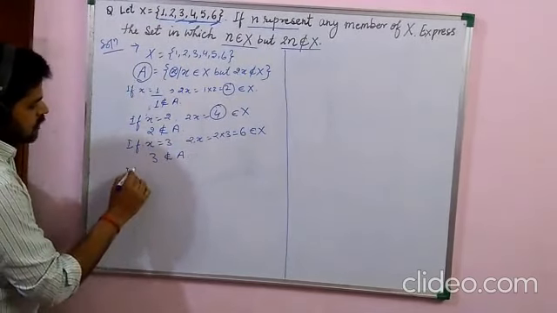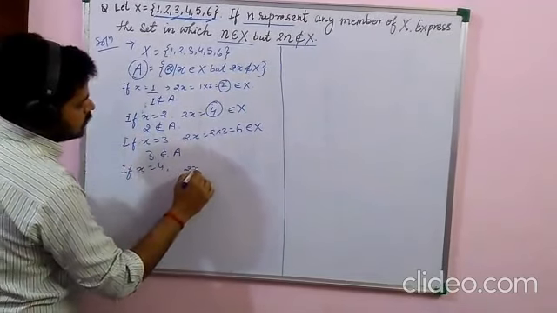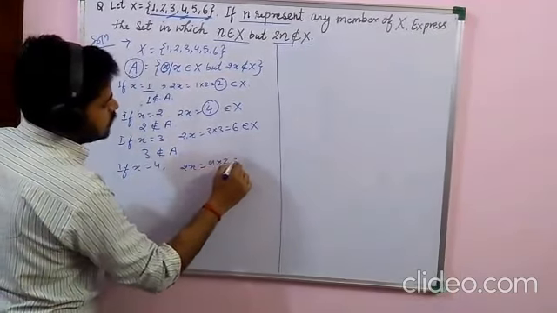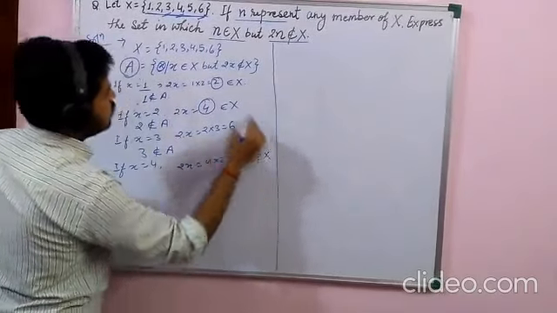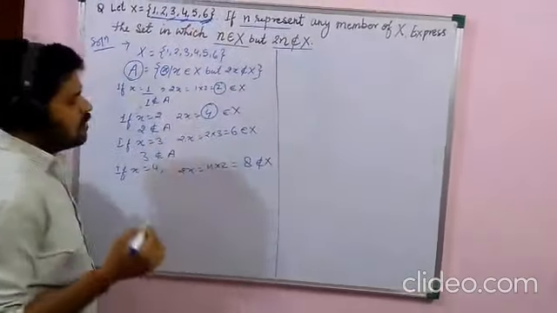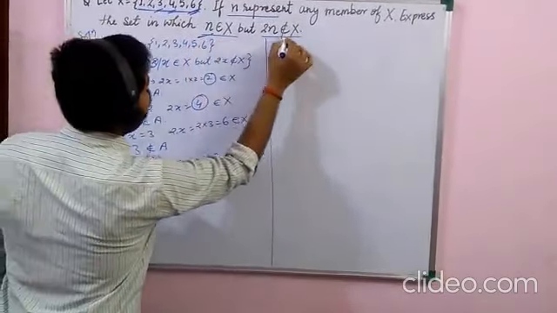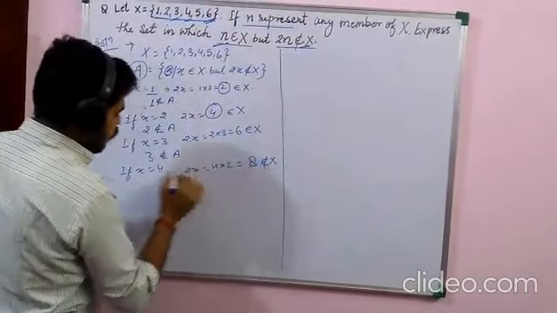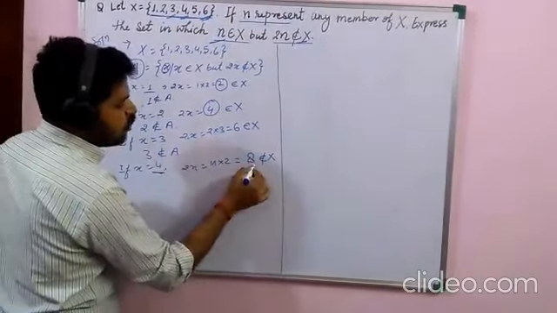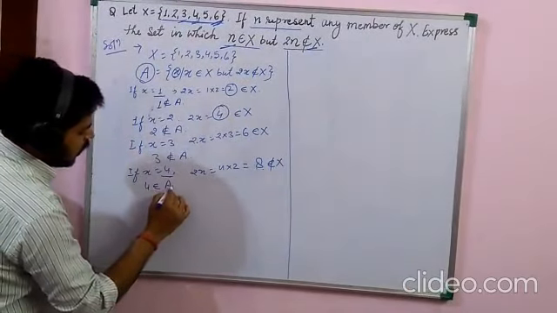Now if we check for x is equal to 4, what do we get? 2x is equal to 4 into 2, which is equal to 8. Now this 8 does not belong to X; you can say 8 is not in this set. What are we trying to find? We are trying to find any element whose twice is not in the set. We have got the first element whose twice is not in the set. So this 4 will belong to A.